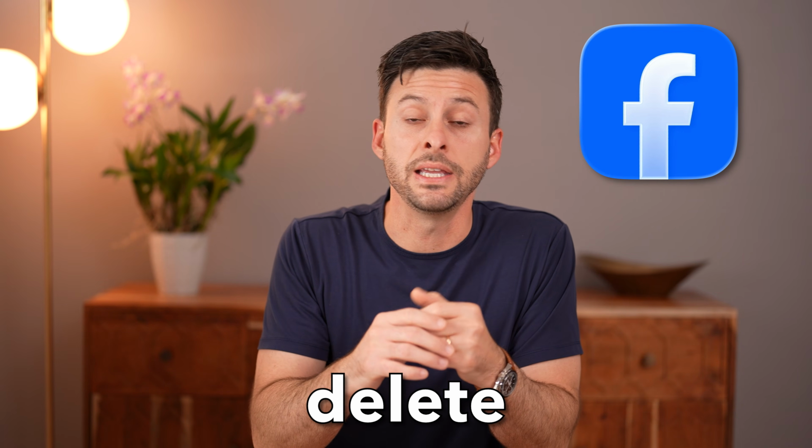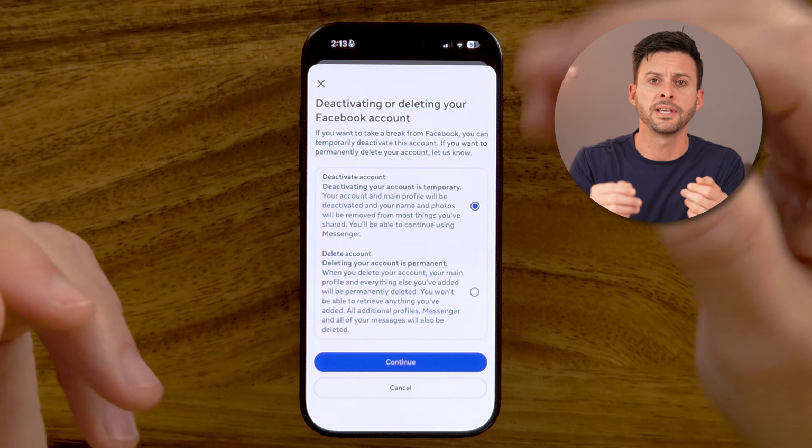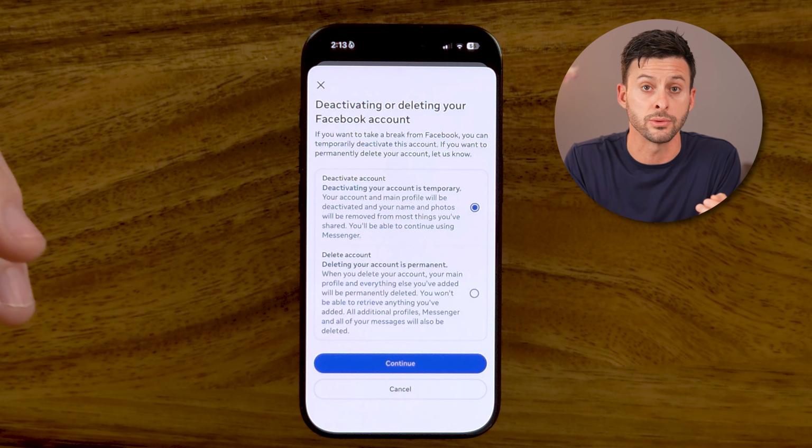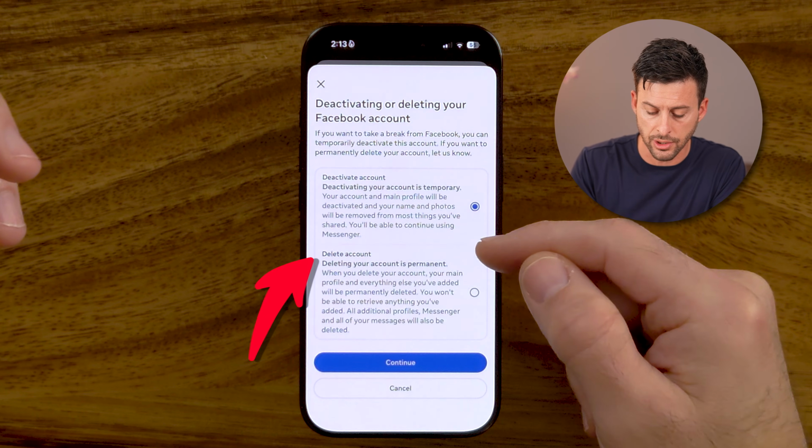Let me show you how to delete your Facebook account. Now, if you're on Facebook here in 2025, almost 2026, and you wanted to delete your account, I'll show you